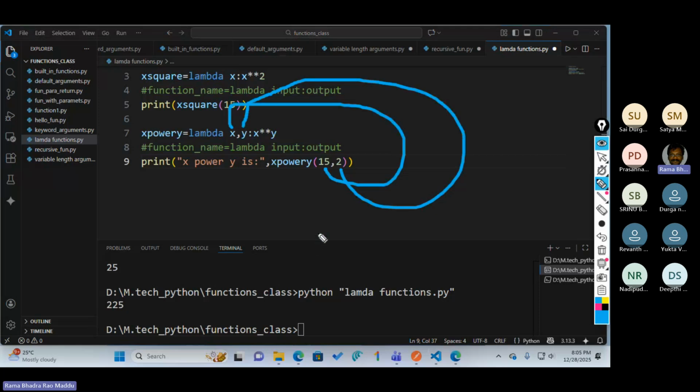So you can pass two arguments. This is the function name. So that is the lambda function. If you want to write any function in one line, then you must use lambda. It is better and faster than normal functions.